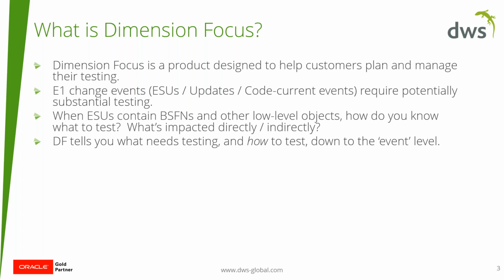It tells you what you need to test, but it also tells you how to test an object as well, down to the event level of detail. So for instance, if you have to test P4010, sales order entry, it's a big deal. But if you only have to test elements of it, portions of it, you only need to go in a particular form, and you only need to tab out of a particular field, that would reduce your testing substantially if you don't have to test